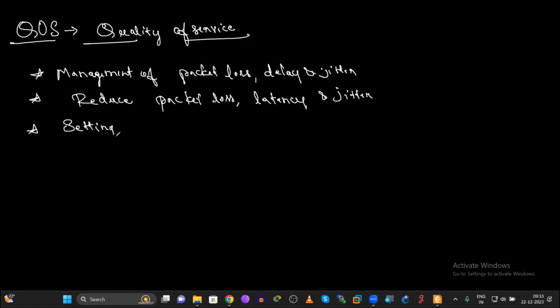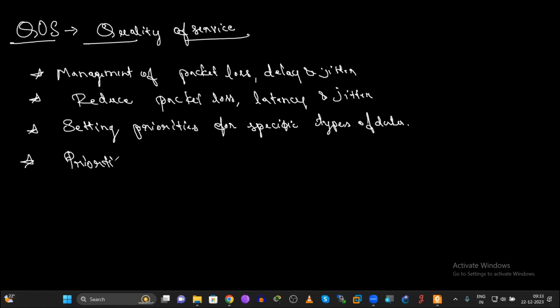Setting priorities for specific types of data. And also we need to prioritize the traffic, so that the more important traffic should pass first.